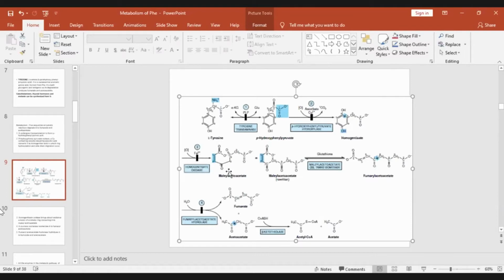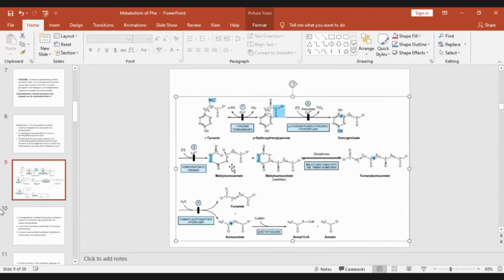This urine becomes dark on standing, and this will polymerize. This will convert to benzoquinone, and then it will polymerize, forming deposits that will be deposited in the joints and connective tissues. So when it is collected in the joints, it leads to what is called ochronosis. So this maleylacetoacetate is acted upon by isomerase. This is the only enzyme the deficiency of which will not occur.